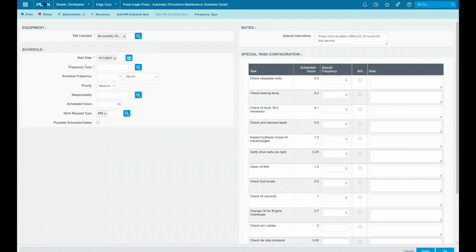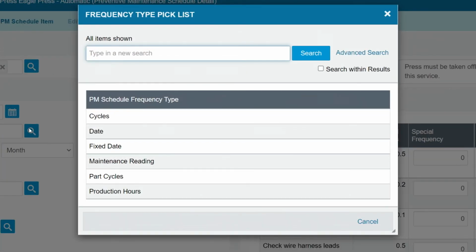Getting into preventative maintenance a little bit here, we provide you the capability to create your own preventative maintenance checklist and establish your own frequencies. Frequencies can be established by cycles, the amount of parts that we've produced, a fixed date, hey, once a month we need to complete this preventative maintenance check sheet, or the amount of production hours that have been associated